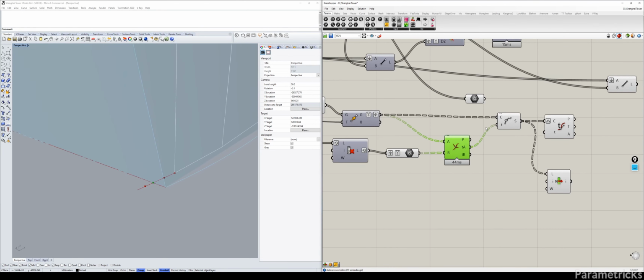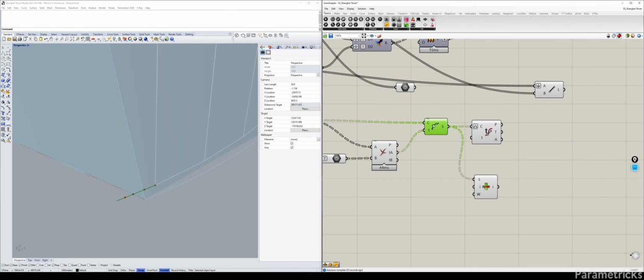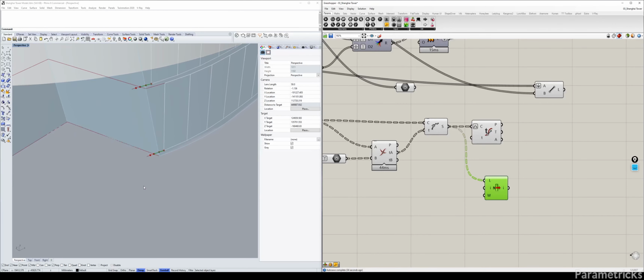Alright, so that was a little bit of a speed bump. With that said, what we want to do is we have these 2 points, right? We want to, according to these points, select the right line, which is always going to be the line that's in our view right now on the right hand side. Just to make sure that I always get that line, we're going to do a point